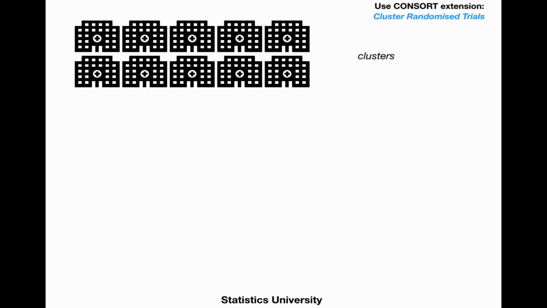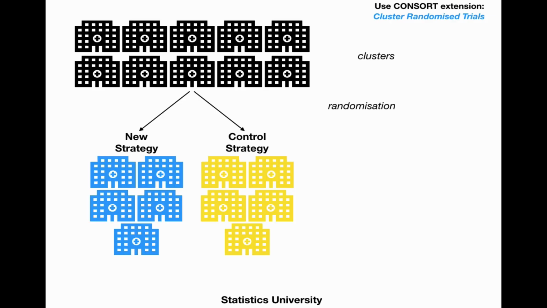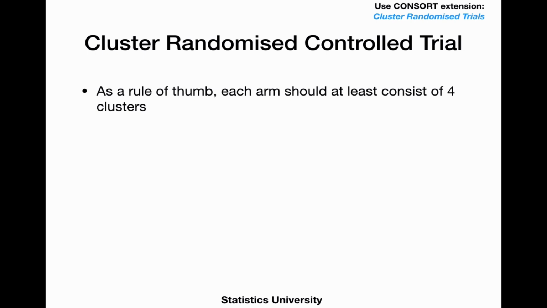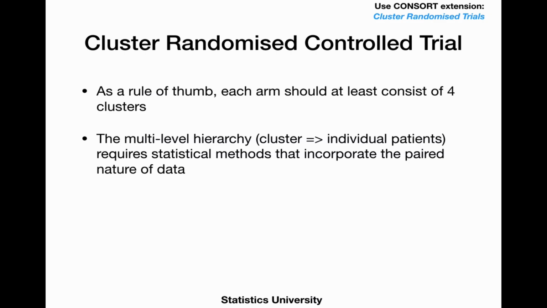Now, those hospitals themselves are clusters, and we randomize them to either a new strategy or a control strategy. And then we measure outcome across these hospitals to compare the efficacy of the new strategy to the control strategy. As a rule of thumb, each arm should at least consist of 4 clusters. And the multi-level hierarchy, from clusters to individual patients, requires statistical methods that incorporate the paired nature of the